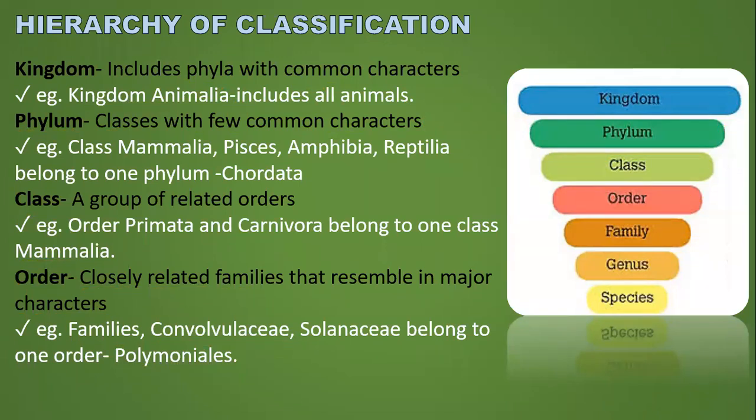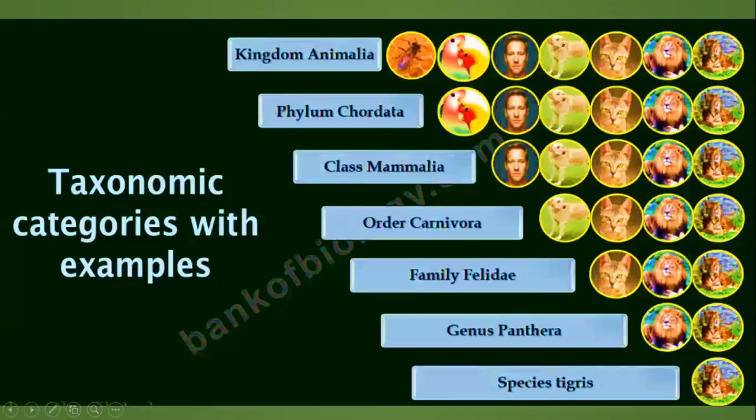Exactly, in the case of fungi also you will find the same, right? You will find different classes of fungi, like Ascomycetes, Basidiomycetes, Deuteromycetes, like that. All those come under a single kingdom, that is the kingdom Fungi. So that is what we have to discuss over here.